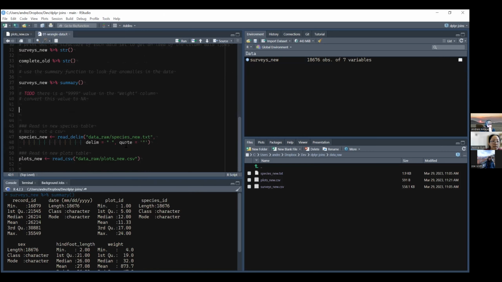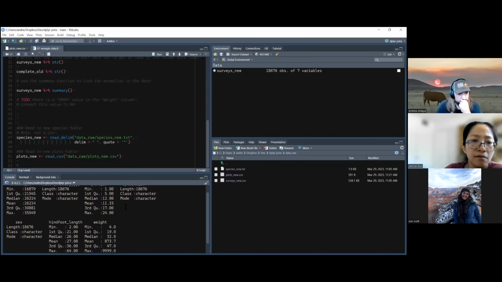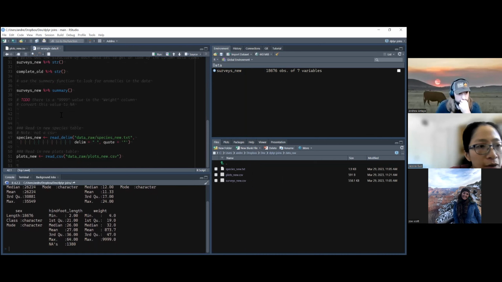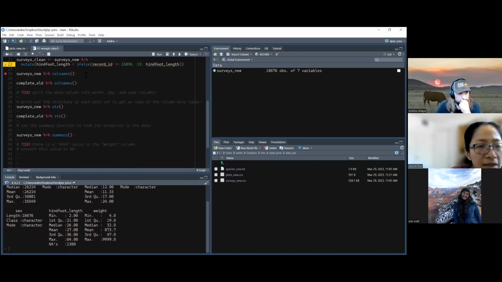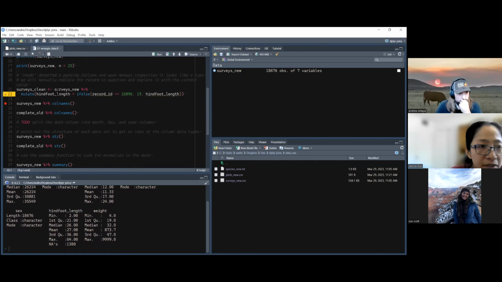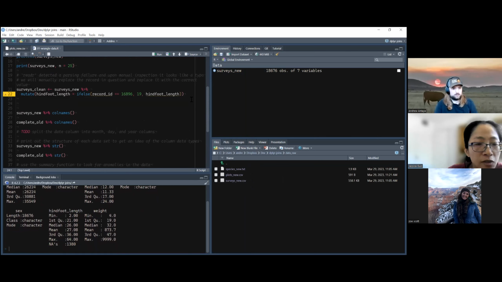And then we have to deal with the dates. And I think that is pretty much it. So that's not too bad. Let's do the weight thing first, because the date is going to require figuring out some new functions. So if we can go back up to wherever your species surveys clean is, we can add to that, right? So we've got surveys clean gets surveys new, piping into the mutate where we fix that one problem. So if we add another pipe at the end of it,